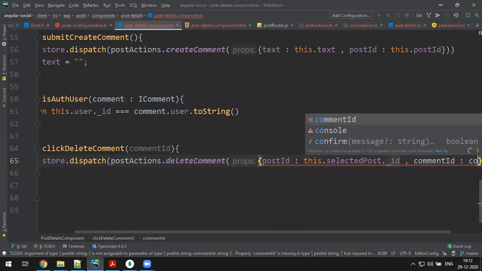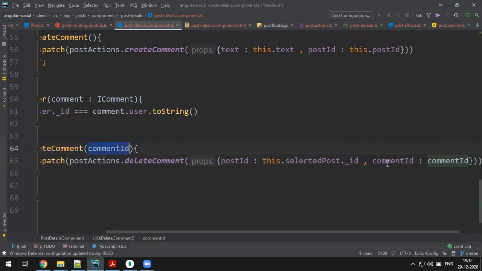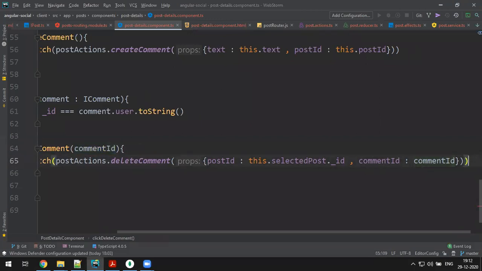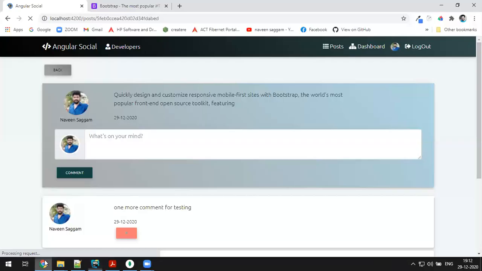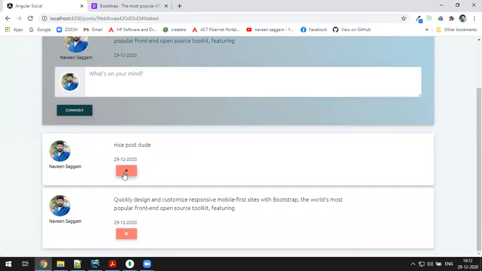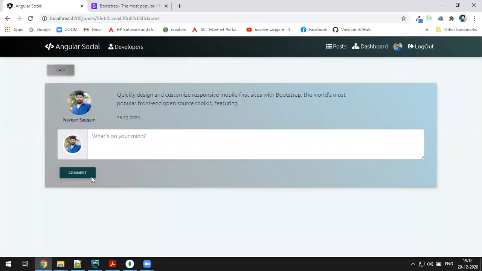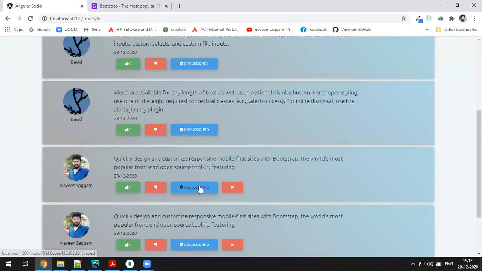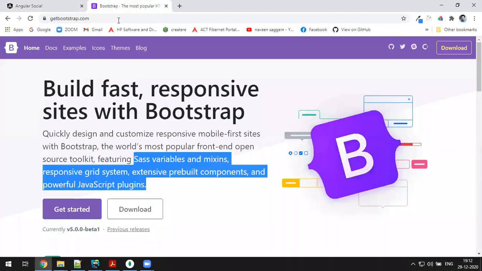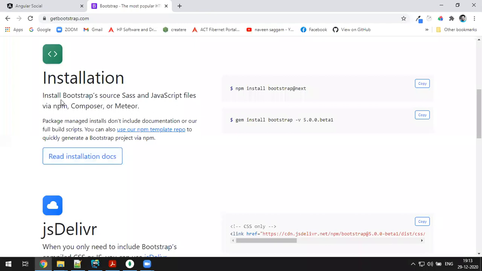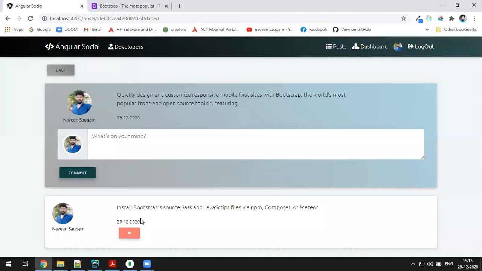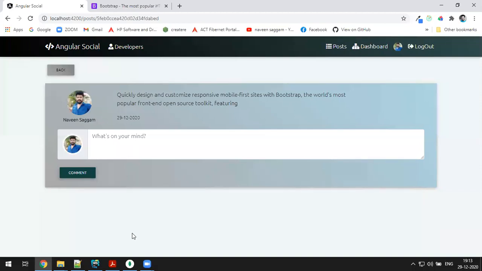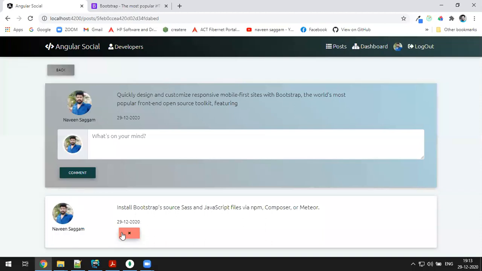Comma, comment ID. Comment ID will be my comment ID that you provide from the URL. Okay, done. So let's check. Am I removing the comment or not? So here, delete, delete, delete. Everything is gone. So go back. It's completely zero. Yeah, let's add a new comment. Something like this. Some comment, some content. Copy. I'll paste it. Comment. You got a comment, right? And then you want to delete, delete. Gone.